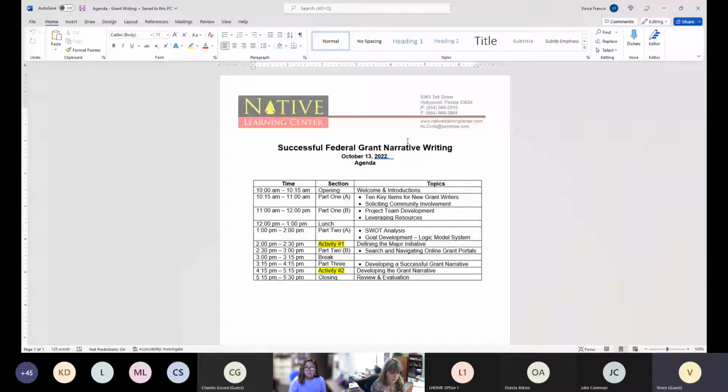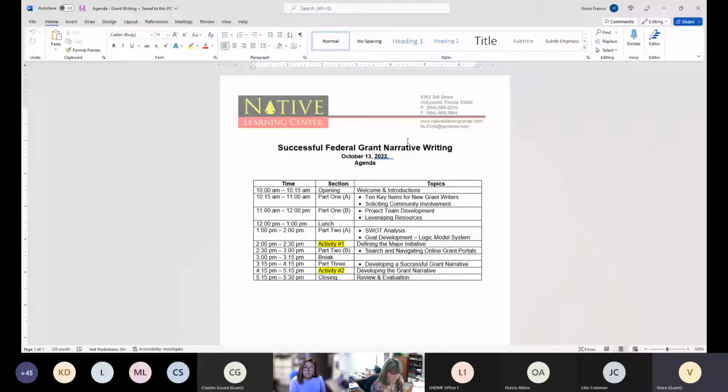So I'm going to talk about that in the latter part of the early morning. And then I'm going to segue later this morning into developing the project team, because I firmly believe, and it's a best practice, that it takes a village to write a grant. You want to be able to surround yourself with what I refer to as subject matter experts. So putting the project team, or grant writing team, or program team, whatever you want to call it, together